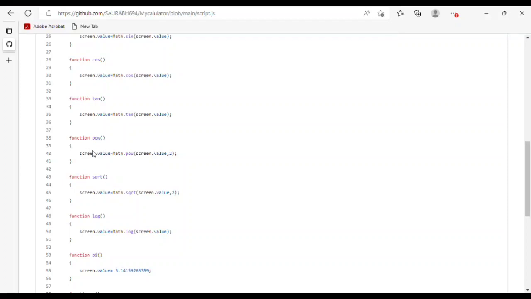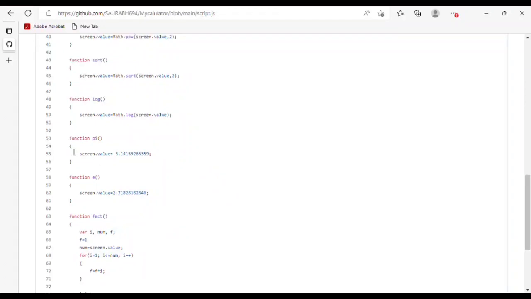Now for the function pow, I have also used the screen dot value and math dot pow and screen dot value and 2. And for the function sqrt, I have used screen dot value, math dot sqrt, screen dot value and 2. Now for the log function I have used screen dot value is equal to math dot log and screen dot value. Now function pi I have used screen dot value is equal to